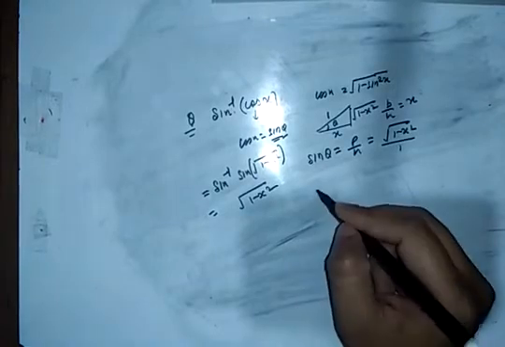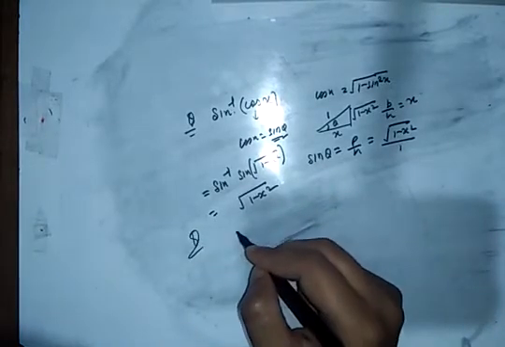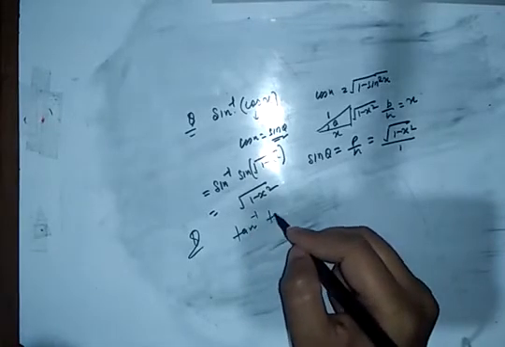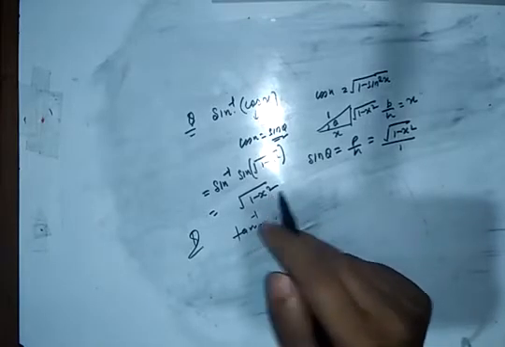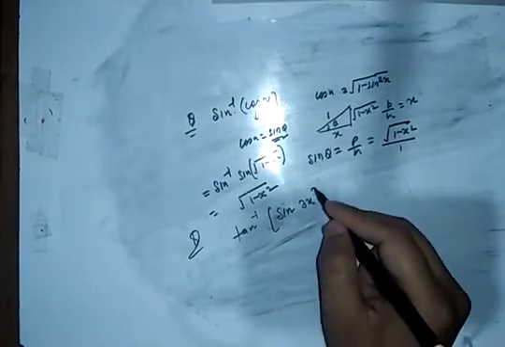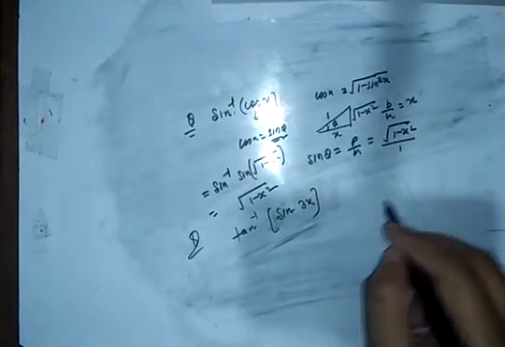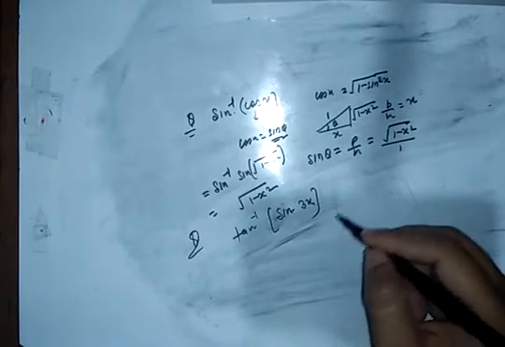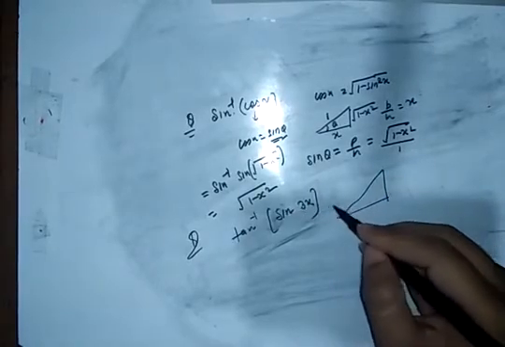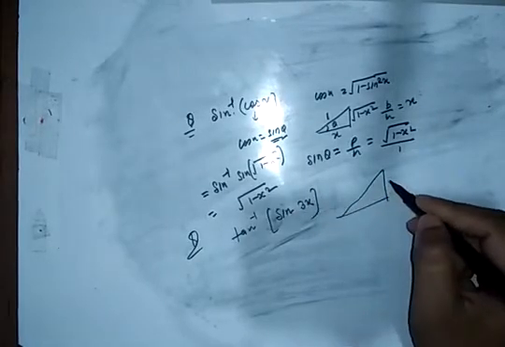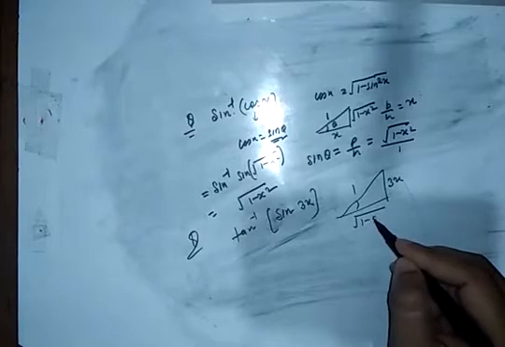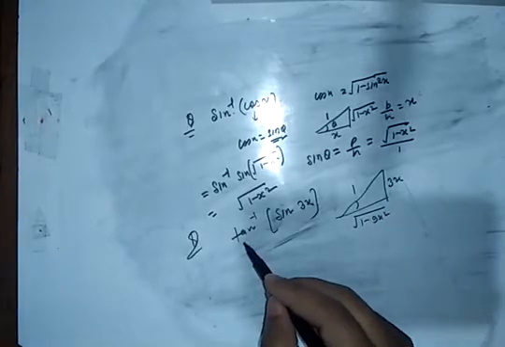Similarly, you can get another question. Suppose tan inverse of sine 3x, I will give. So how can you solve? Same way. If you put here sine theta is what? P by h. P is nothing but 3x, h assume 1. Then this value is what? Square root of 1 minus 9x square.